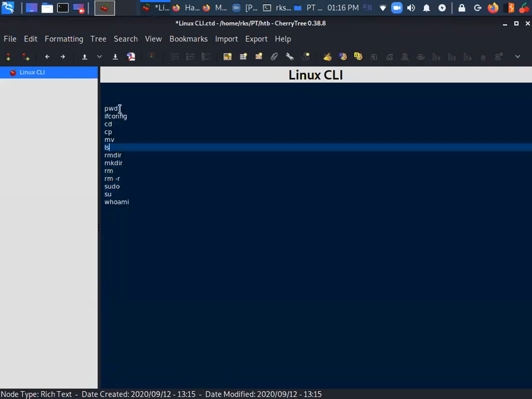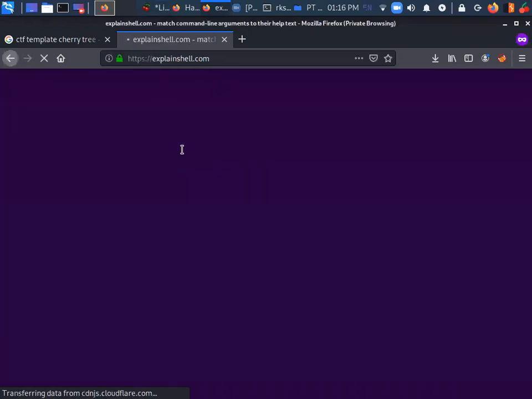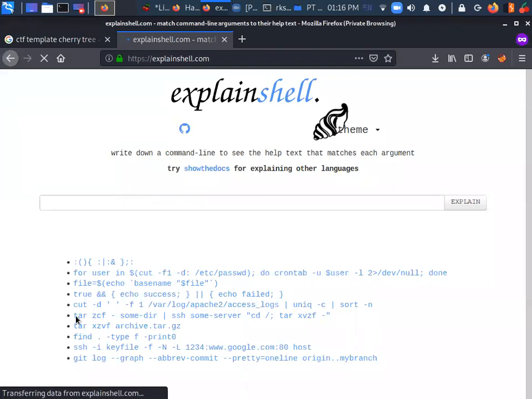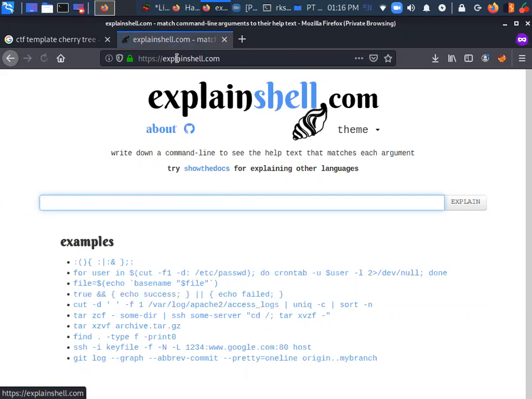And there's a website, I'll share it with you: explainshell.com. If something is not clear with respect to your Linux command line, you can refer to this website, enter your command line here, and it is going to explain that for you.